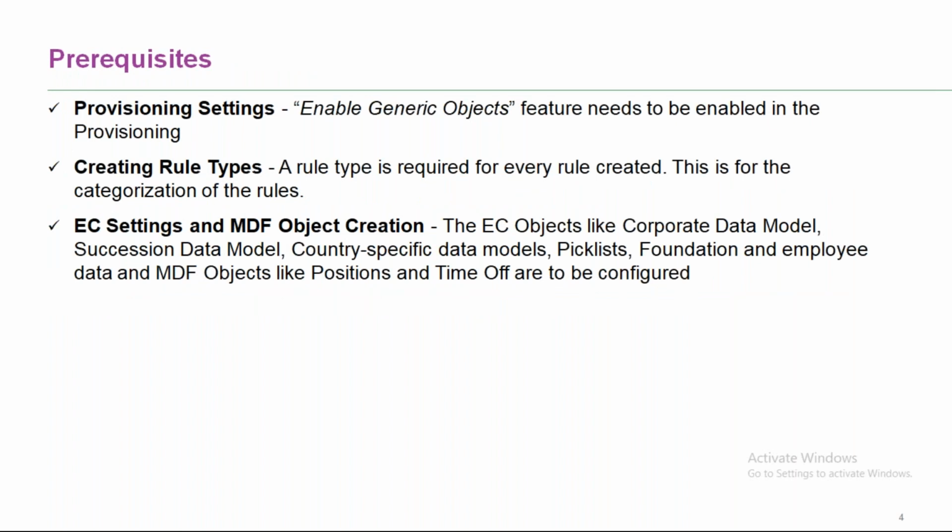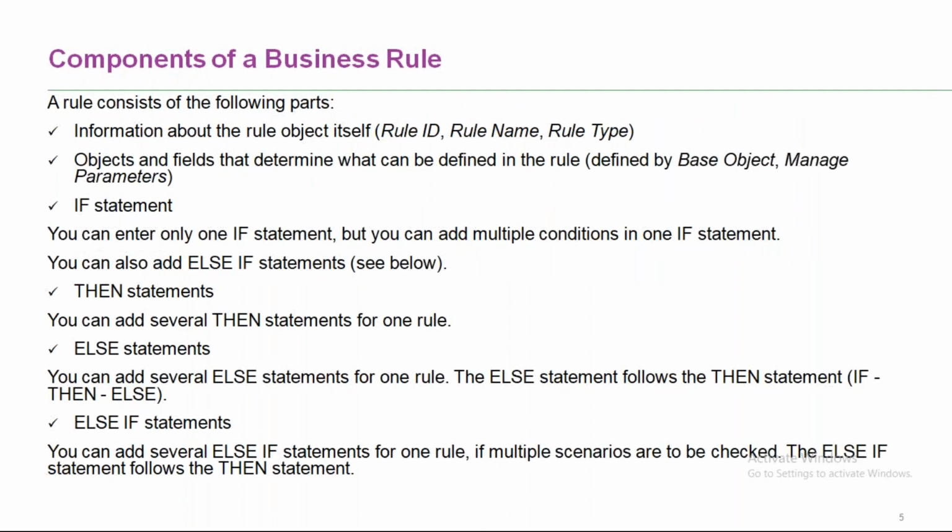Prerequisites: in provisioning settings, you have to enable generic objects. This is to be enabled in provisioning. You can also define the rule type when creating rules. What is this rule: a workflow rule, delegation rule, propagating rule, or defaulting rule? You can create rule types. Okay, now